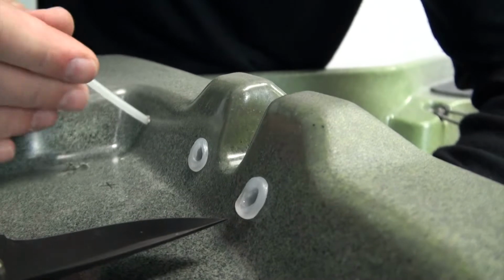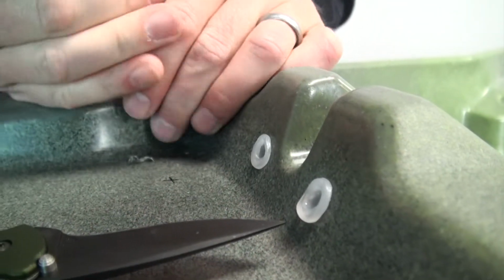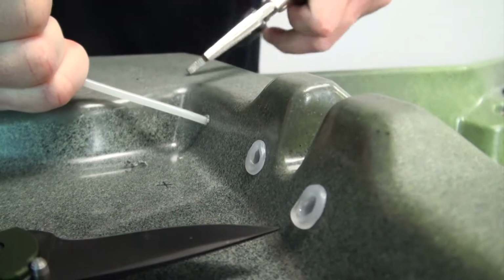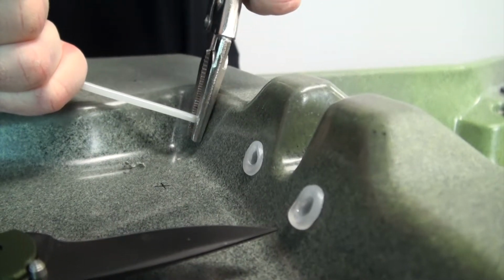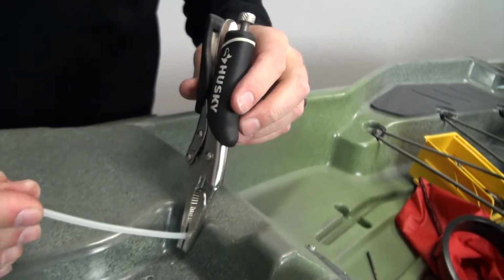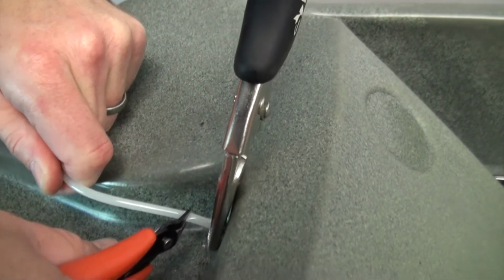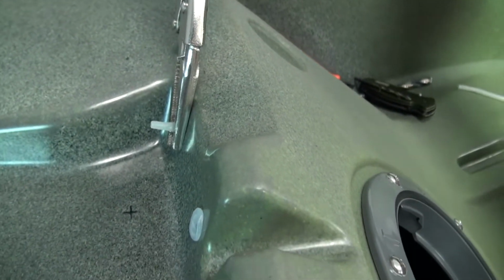Okay, I'm going to pull it snug. I'm actually pulling on the line about a half inch or so further out than I need to. So I've got that clamped off. I'm going to trim it a little bit further out, maybe about a half inch or so. Then I'm going to take my lighter